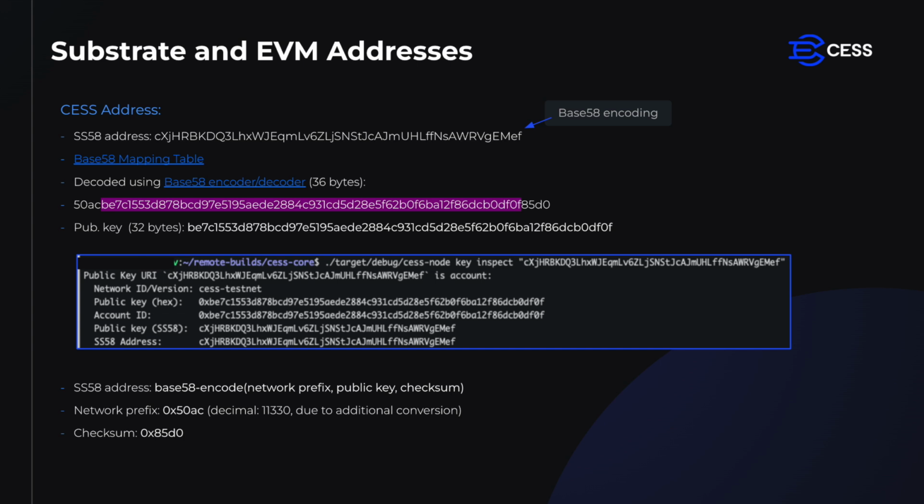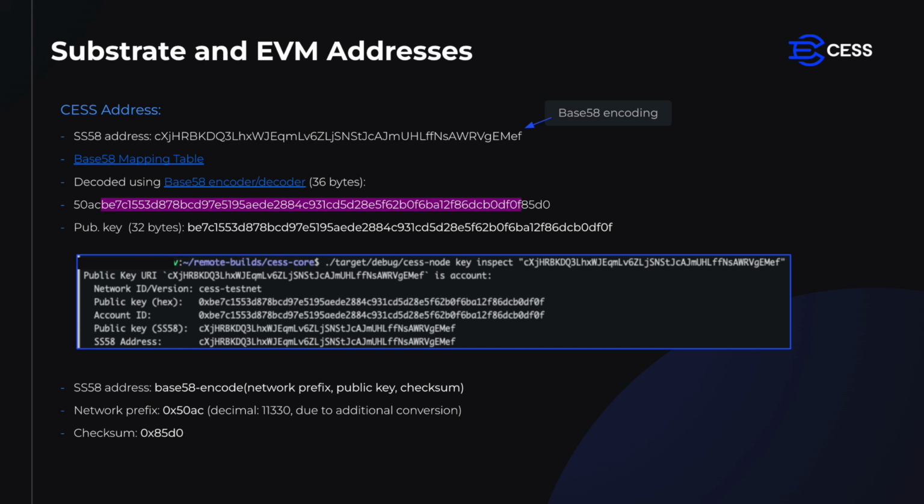As you can see on this table, base 58 skips characters that could be misleading to readers. For example, it skips 0 because it looks similar to the uppercase O, and it skips the lowercase l because it looks similar to number 1. It also skips the uppercase I for similar reasons. So this encoding uses a specific set of 58 characters, and we see the same method is used in Bitcoin